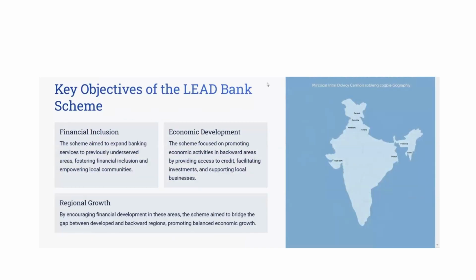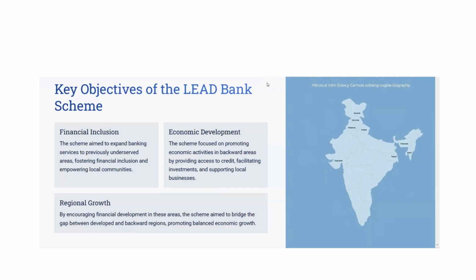So the key objectives of the lead bank scheme were: first is financial inclusion, meaning underserved areas where banking services were not available. So this scheme aimed to expand banking services to previously underserved areas, fostering financial inclusion and empowering local communities. Economic development: this scheme focused on promoting economic activities in backward areas by providing access to credit, facilitating investments,